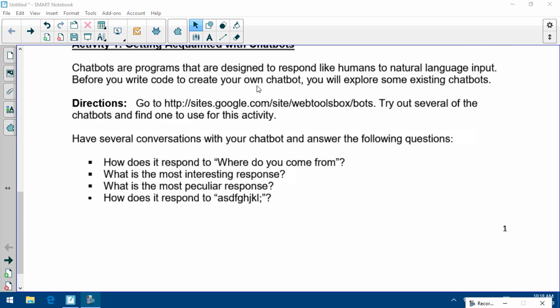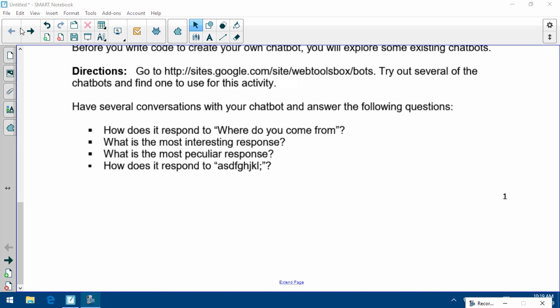It's going to start with having you basically see what a chatbot is. So a chatbot is a computer that you can write questions to that's programmed to respond back. Probably the most famous one that you might know is Siri. Siri on iPhone is a chatbot because you can ask it stuff and she'll talk back to you. So the first thing they want you to do is experiment with some basic chatbots online. And then once you finish that,